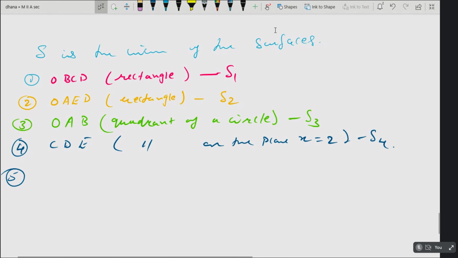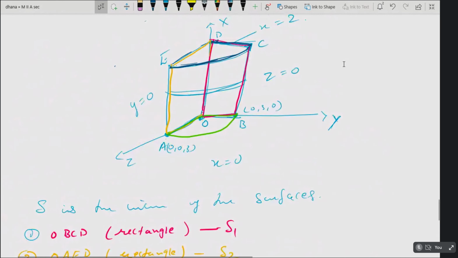I will have one more. What is left out? See, observe here. I have taken this rectangle, 2 rectangles I got. Top and base also I have got. Base, I mean, if you consider this orange color and ACD. Now, what is left out is the whole of this curved part. Cylindrical surface is left out. Is it or not? The front part. Are you able to imagine? Yes, ma'am.